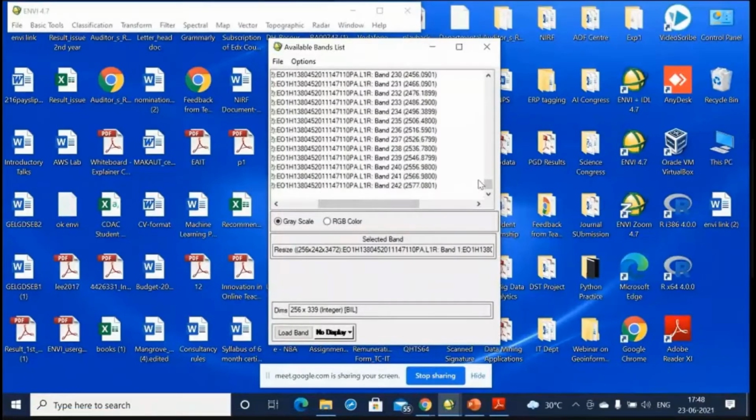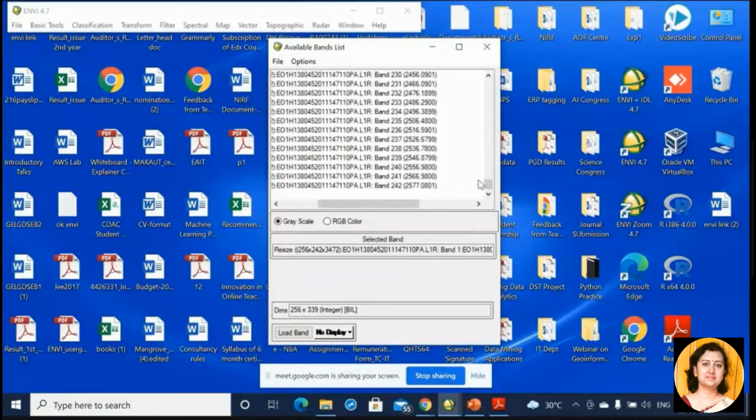I have discussed earlier, or it is available in the videos that I provided, what an electromagnetic spectrum is and how the different wavelength bands are there. The wavelength bands comprise the visible range, the infrared range, microwave range, and so on.